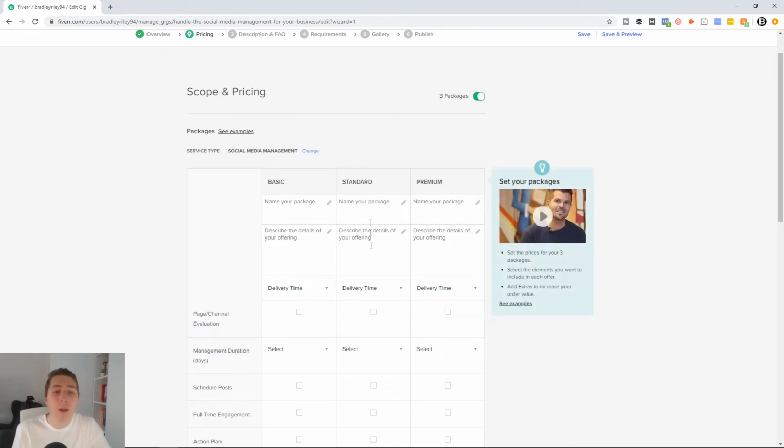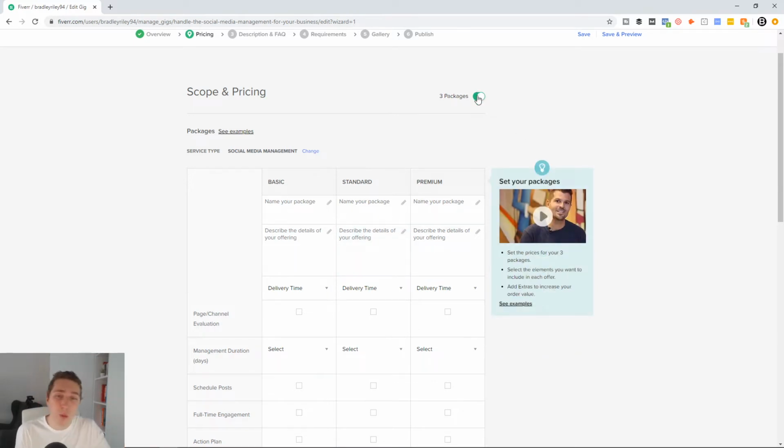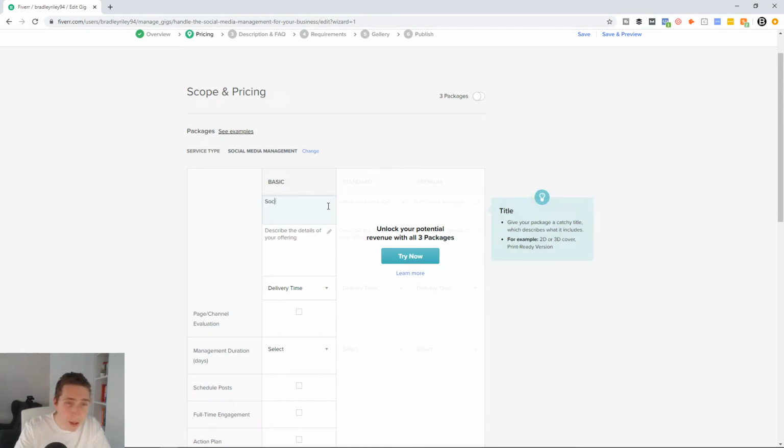So naturally, people would be drawn to the middle. So I definitely recommend you have those 3 packages. Why not? There's going to be people with different needs that want different amounts of posts per week. If you were just wanting to offer the one service, you could tick down, but I see no reason why you would do that. But for the sake of easiness today, I'm just going to show you, just to move forward here quickly, how you can do this. So the basic name of your package, so it could be social media management, 3 posts